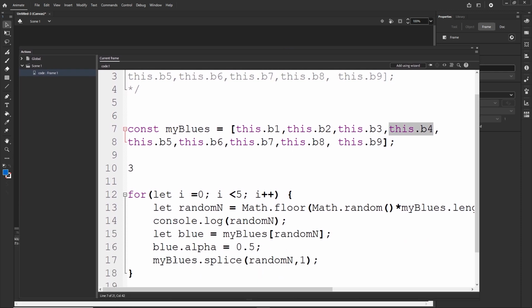And then we say that myBlues.splice, as I showed you a few moments ago, splice on the randomN. randomN is number 3, so it is 0, 1, 2, 3, and splice one element. So basically we are saying that change the alpha of the element and then completely delete it from the array. Okay? So yeah, this was the first round of the loop, and then we are going to have the second